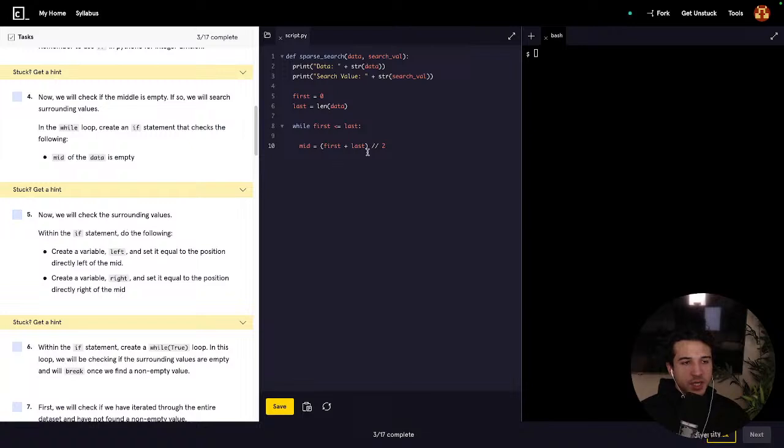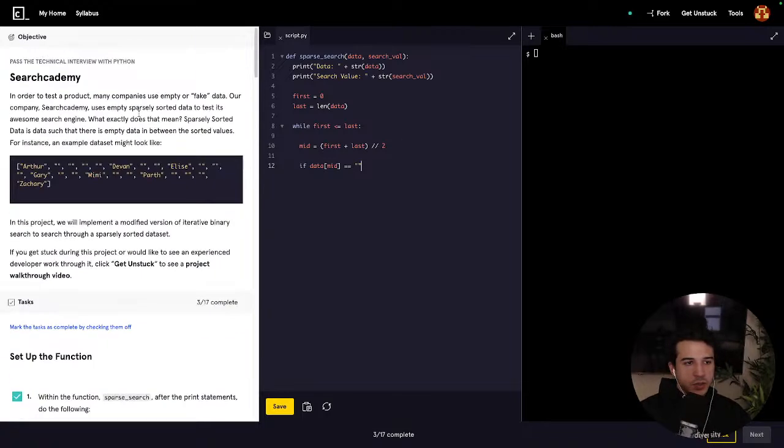Now we will check if the middle is empty. If so, we will search surrounding values. In the while loop, create an if statement that checks if mid of the data is empty. So if data mid is equal to an empty string,